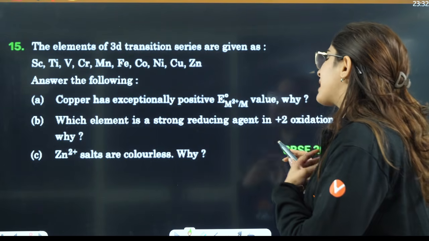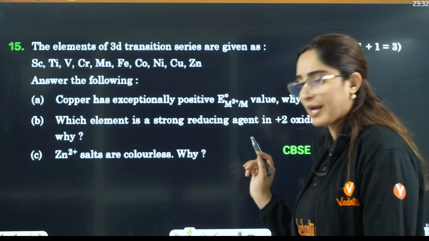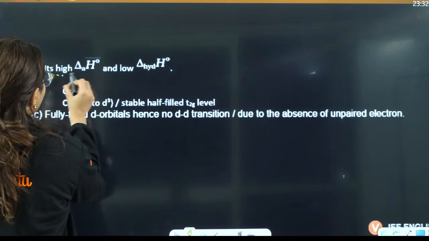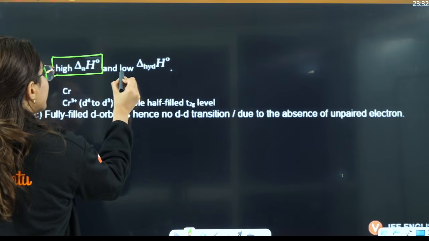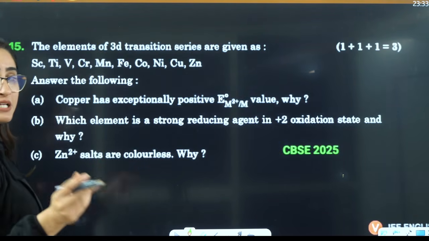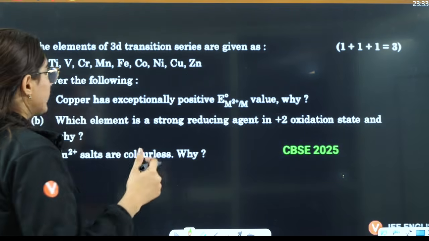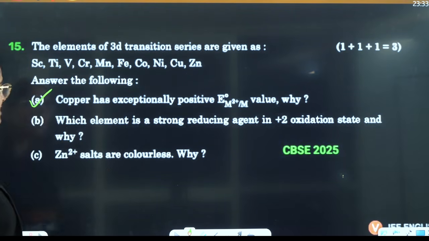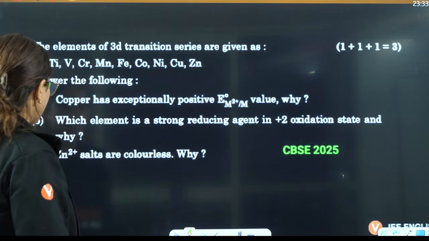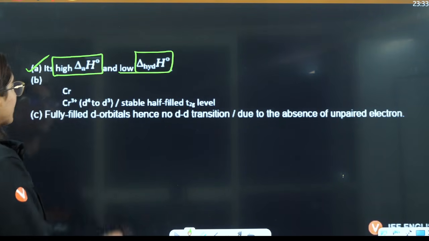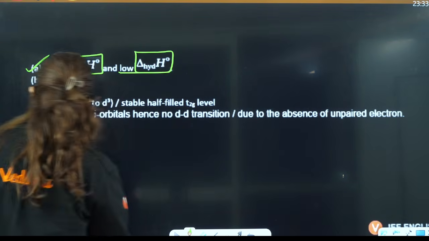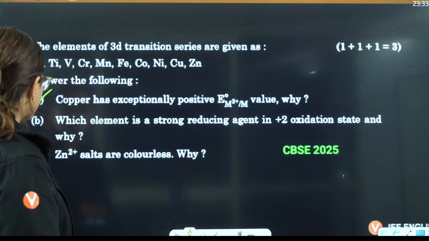Answer the following. Copper has exceptionally positive E naught value. Why? Because it has very high enthalpy of atomization and very low delta H hydration. That is the reason it has exceptionally positive value of E naught, right? Next is, which element is a strong reducing agent in +2 oxidation state and why? In +2 oxidation state,